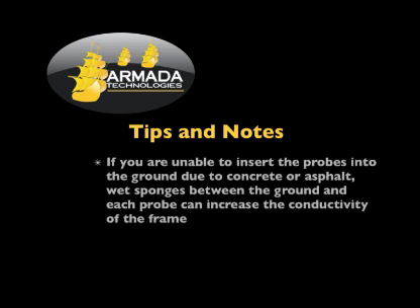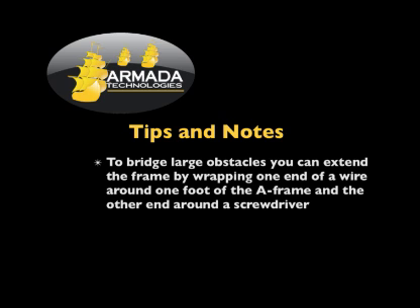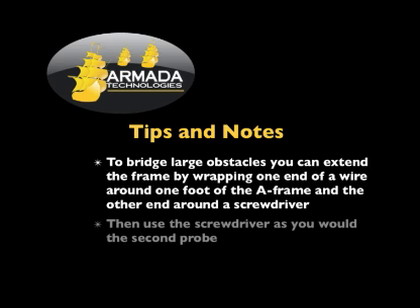If you are unable to insert the probes into the ground due to concrete or asphalt, wet sponges between the ground and each probe can increase the conductivity of the frame. To bridge large obstacles, you can extend the frame by wrapping one end of wire around 1 foot of the A-frame and the other end around the screwdriver. Then use the screwdriver as you would the second probe,